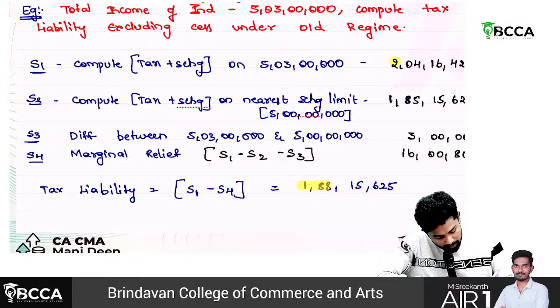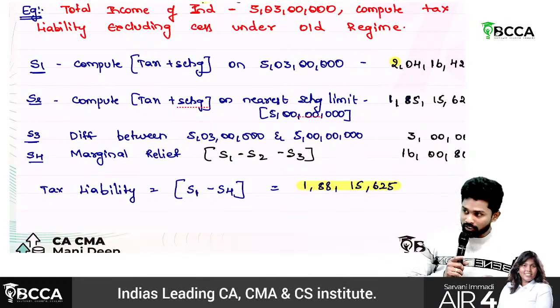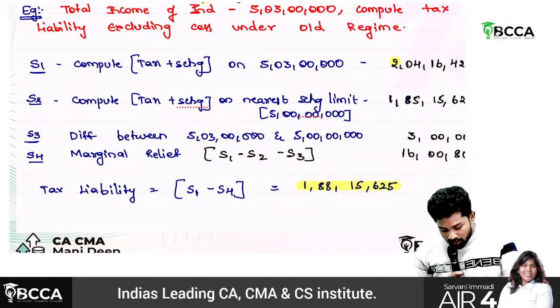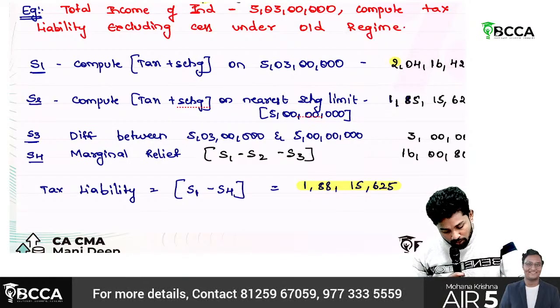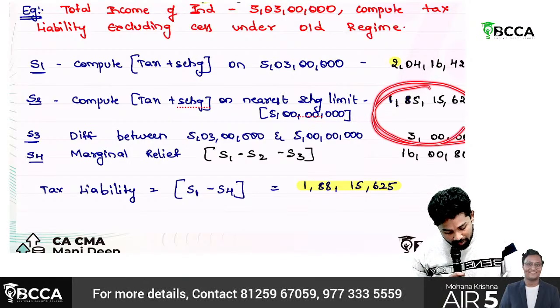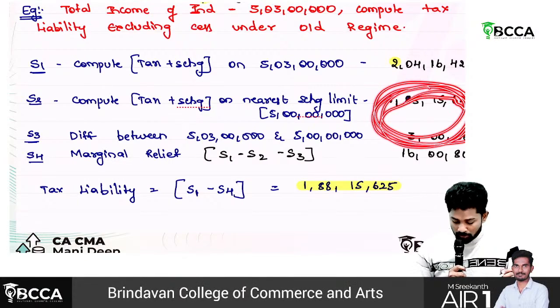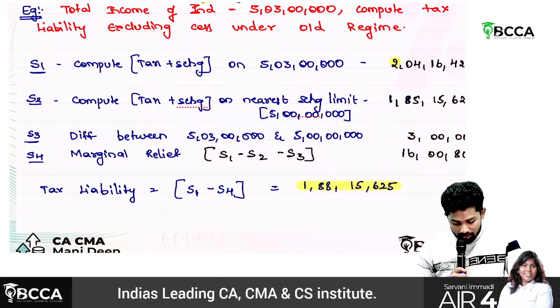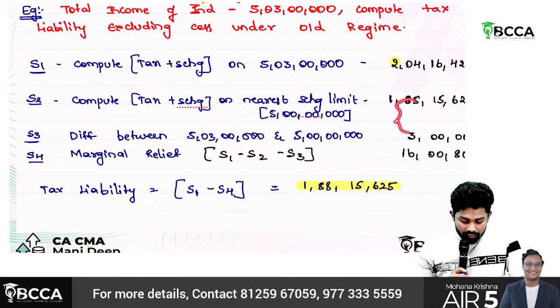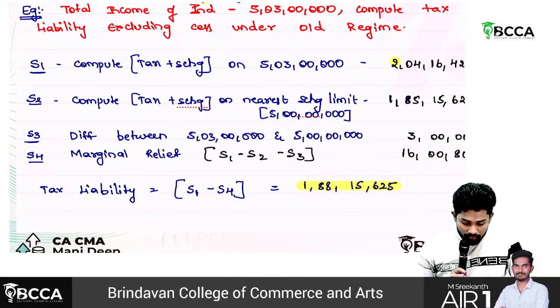So the other way to check it, just to have a cross check, is that the total of these two will be the tax liability. Why? But why can't we do these things straight away? First we should identify whether there is marginal relief or not. If at all there is marginal relief, why is this correct now?